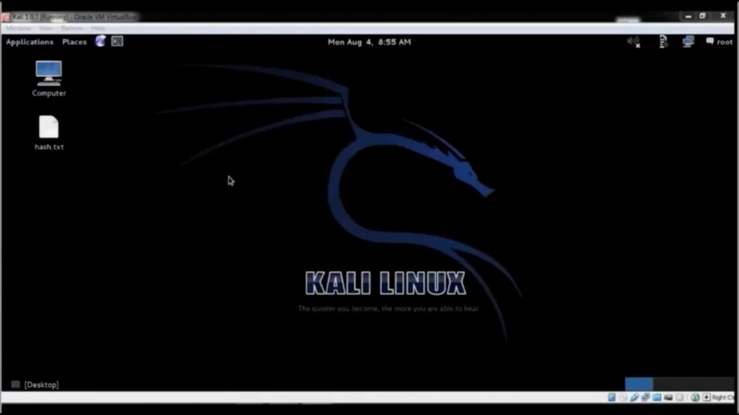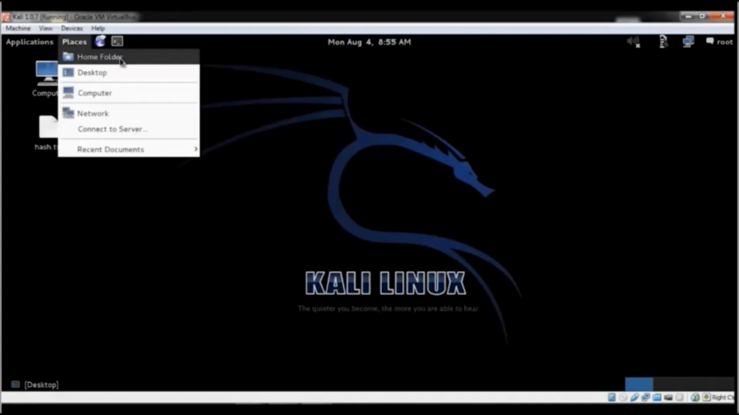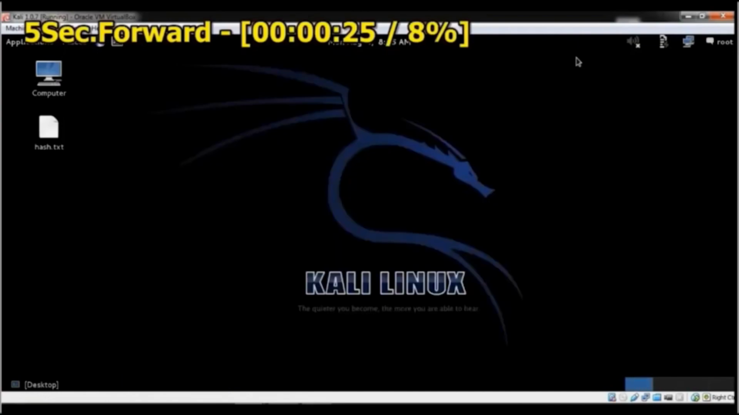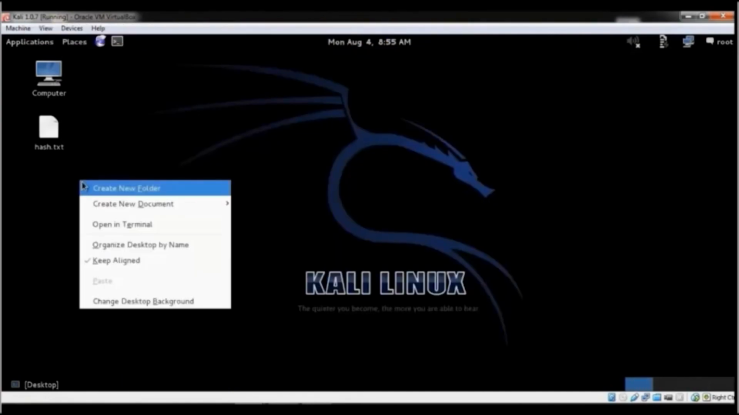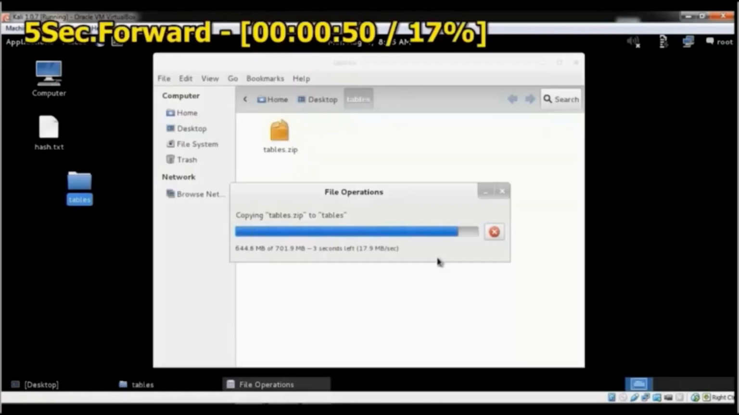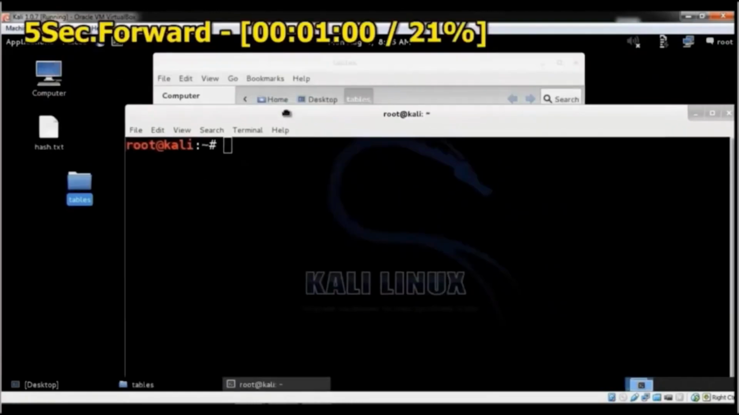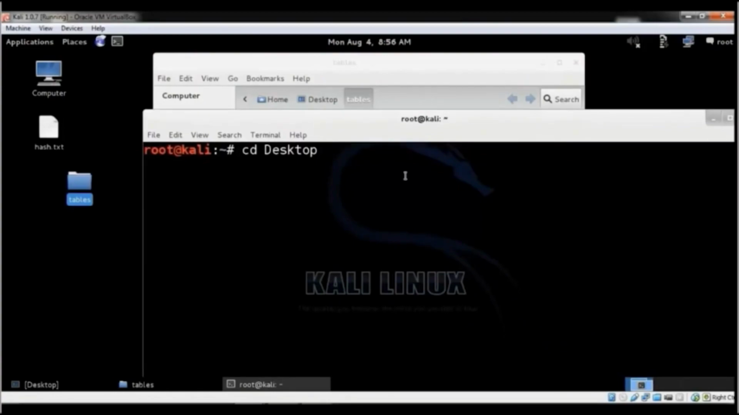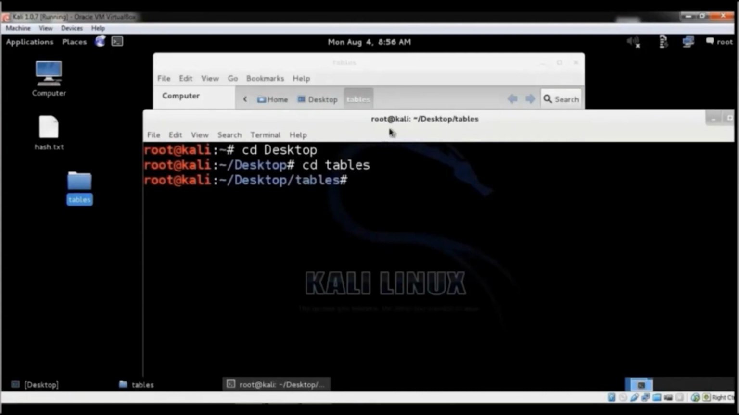This is the video demonstration of Windows password cracking. So let's get started. So let's first get the hashes table into our Kali computer. So it's been copied, and let's open up terminal and cd into the desktop, and then we're going to go into the directory in which we have kept the zip file. So I'll give cd tables,